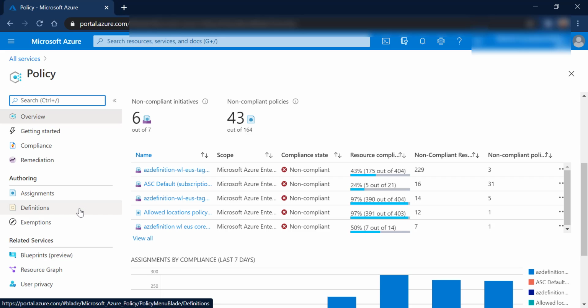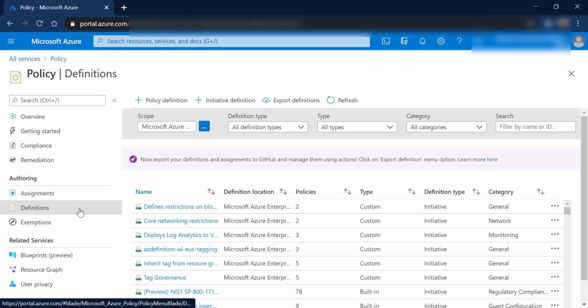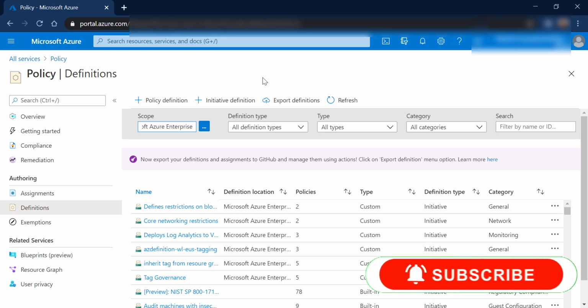For example, it has the definition section, wherein, as I said, you define certain rules, which are your policy or your set of rules. You define the definition of your policy here, and the definition area contains two parts: first is the Azure policy definition and the initiative definition. A policy, as I said, contains certain rules to be followed, and an initiative is if you would like to make a collection of policies and create a single rule set which has the collection of policies, then you can create an initiative.